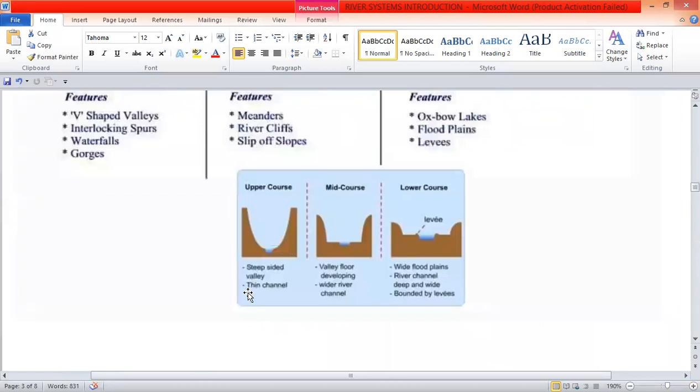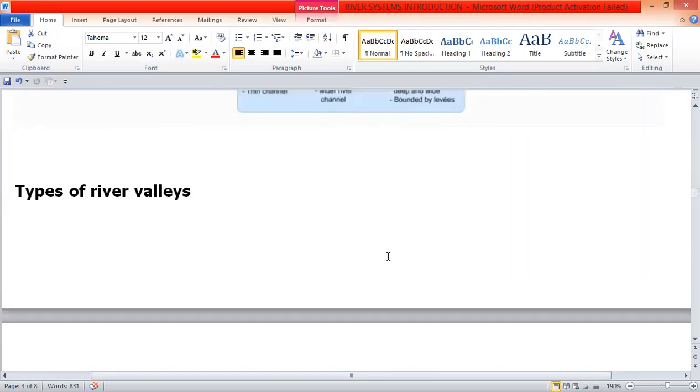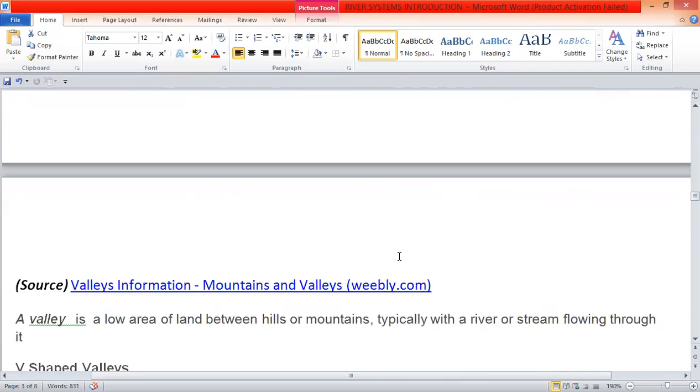You are given more characteristics on the cross profile: the upper stage, that's the V, the open V, and the open U in the lower stage. So here are the more characteristics of the cross profile. All right, thank you guys. Let's move on